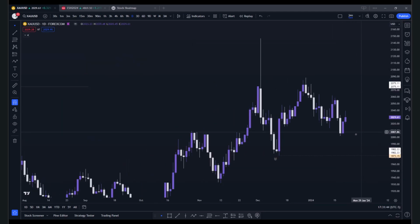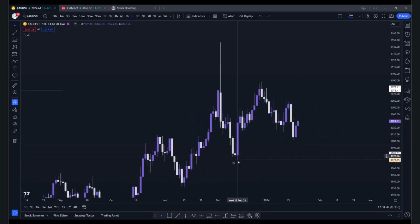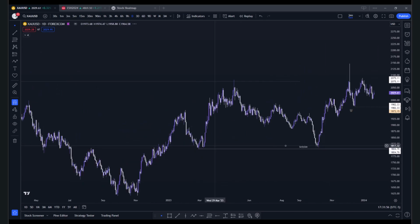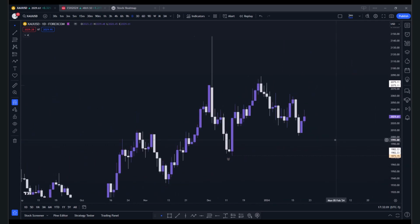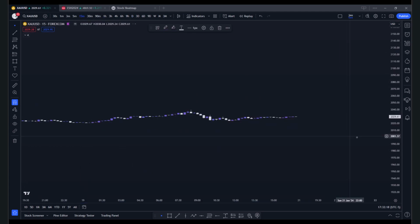On a few previous videos, I was paying attention to this sell side liquidity here, 1972, and if we traded lower than that, we have these relative equal lows. So I was looking for more selling opportunities on gold, and especially now that I'm expecting higher dollar, and if we do have higher dollar, then gold should follow from here. So I'm paying very close attention to gold, and if we have a lower time frame confirmation,